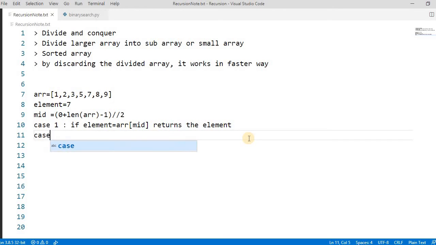Okay, so in case 2, the element should be either lesser or greater than the median. So if you find the middle here, 5, and here we have to search for the 7, either the 7 is greater than 5 or less than 5. Whatever element we have to find, it should be greater or lesser than the middle of the array, right? So let's take one example. If the element is greater than the middle part of the array,